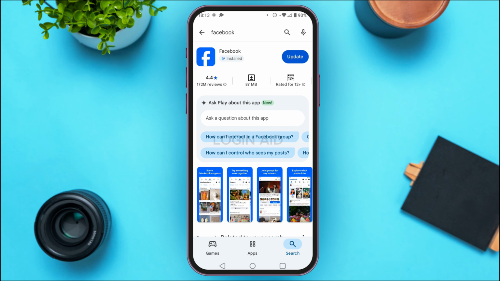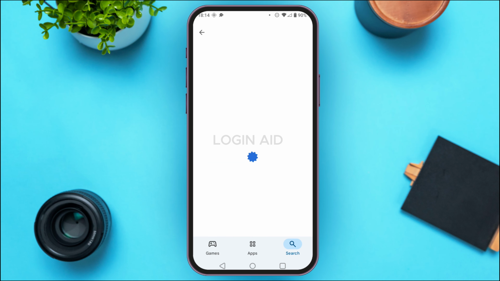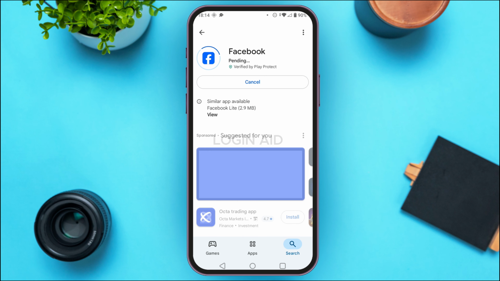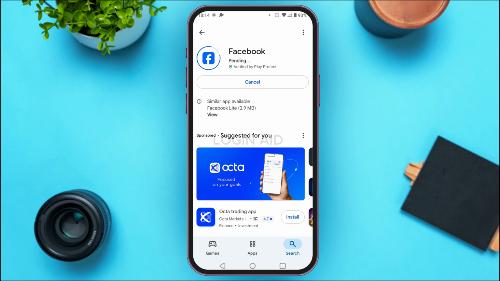You'll be able to see the results over here. Find this application for Facebook and tap on it. Now tap on this option update that you can see on the screen. Now once you do that, Facebook will be updated and the glitches will be fixed and your problem should also be fixed. If your problem is still not fixed, what you can do is simply try clearing the cache and